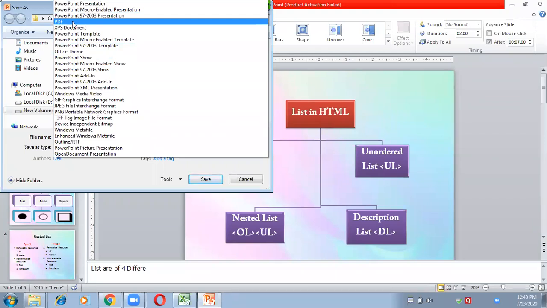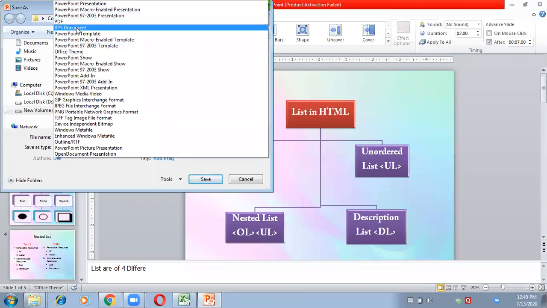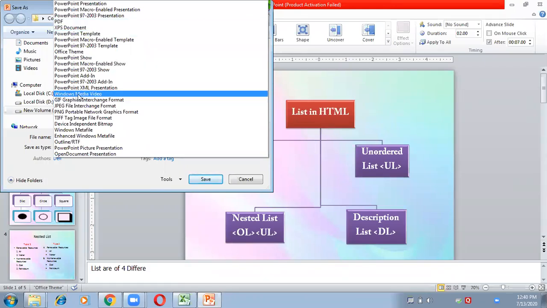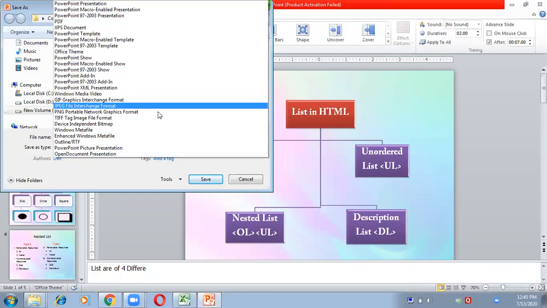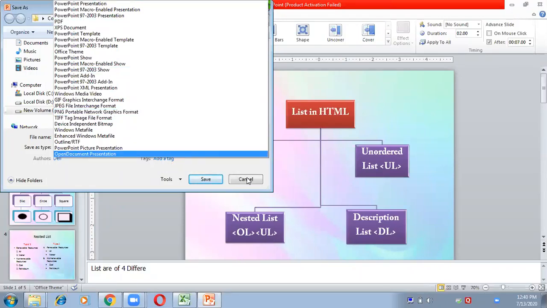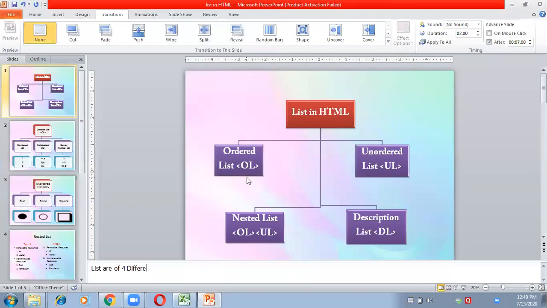This is the option for PDF, this is the option for XPS. So you can convert it into any, or you can also convert it into Windows Media Video. Suppose I have to send it to someone and he doesn't have the option to play the video, you can convert it into Windows Media Video. It means it will be converted as a simple video instead of a PowerPoint show. So from here you can save it as a video or as a PDF.